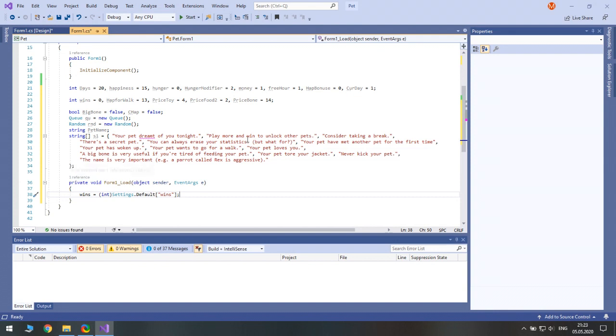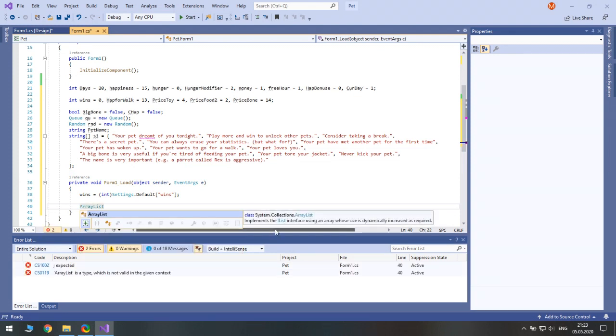We need an array list for our messages. So ArrayList, as you see, implements the IList interface using an array whose size is dynamically increased as required. It's a big improvement compared to basic arrays.